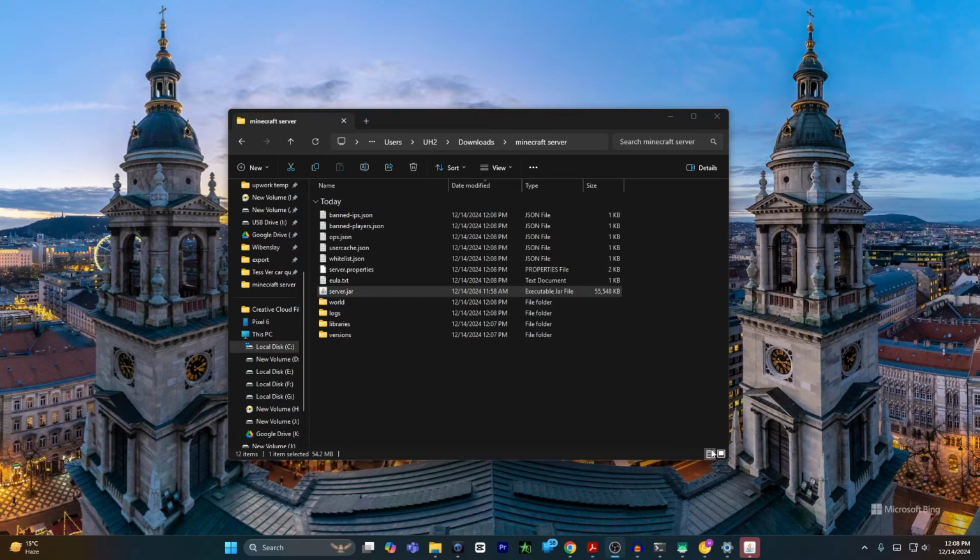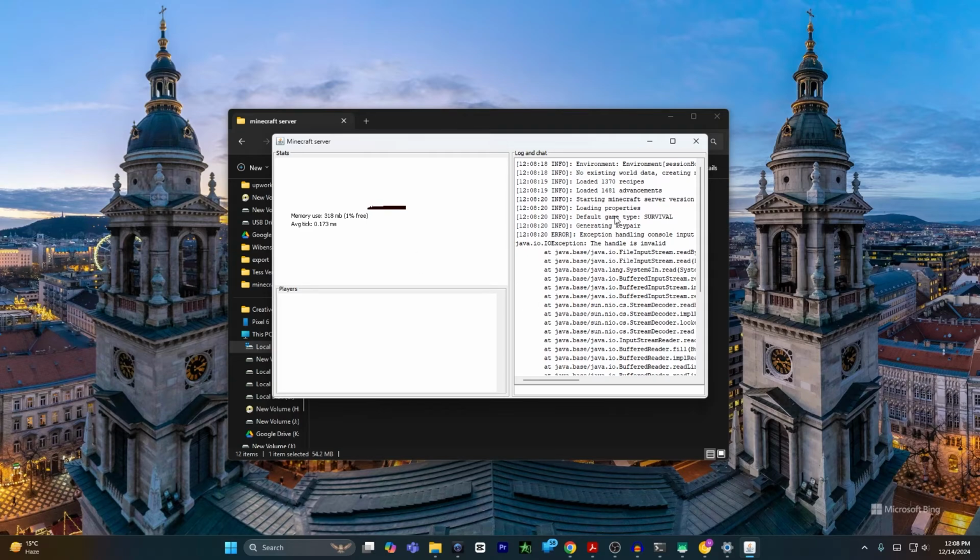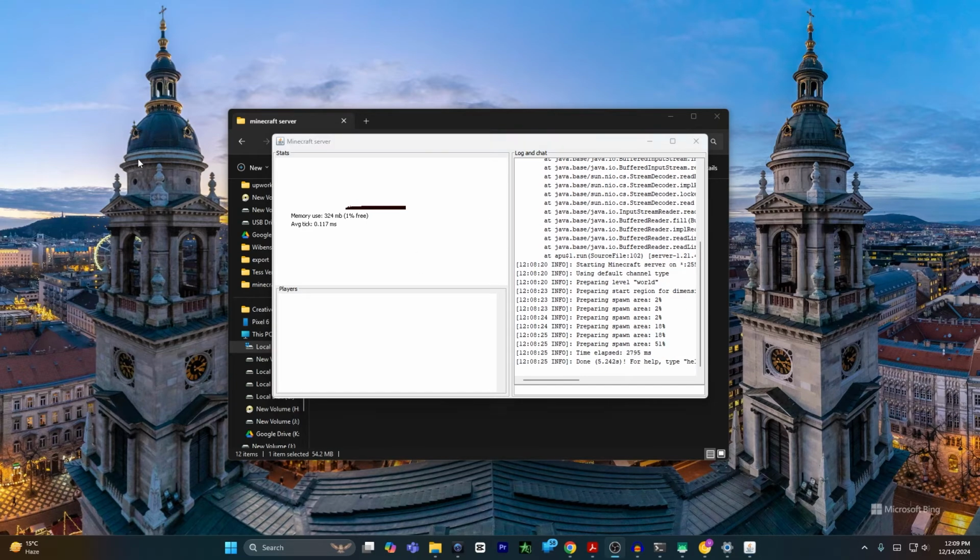Now at the bottom of your window, you will see a new Java window. If you click on it, as you can see, the Java server is now running. It's now loaded. If you want to change some settings in your Minecraft server, then what you have to do